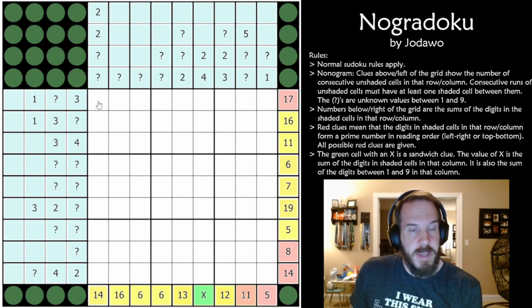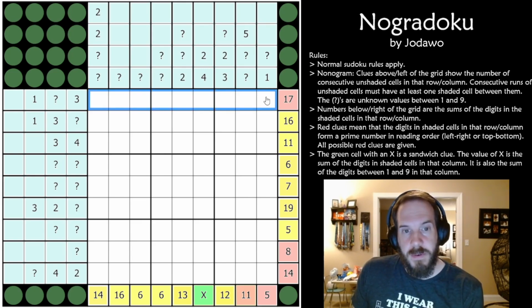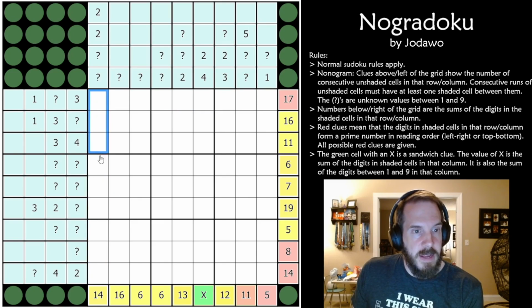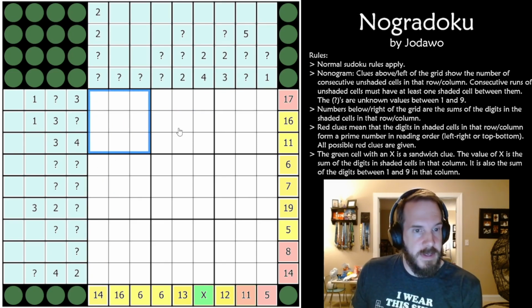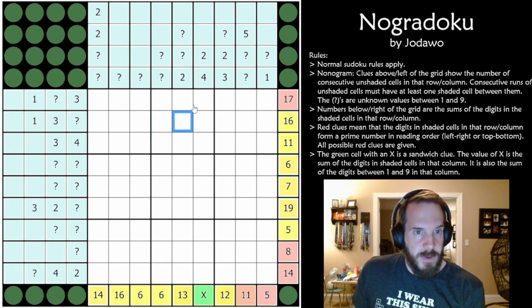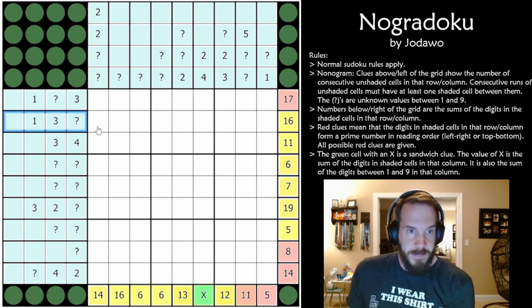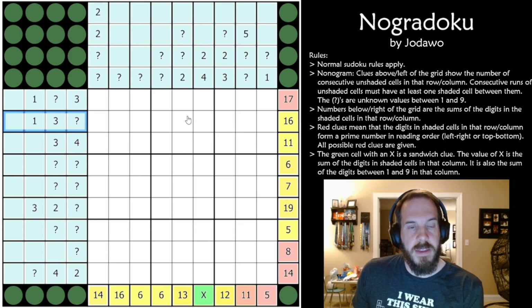But first, we have normal Sudoku rules. So every row, every column, and every 3x3 box, we have the digits 1 to 9 once each with no repeats. And then nonogram rules. So these numbers in the blue cells above and to the left of the Sudoku grid are nonogram clues. And what these show are the consecutive runs of unshaded cells in the rows and columns that